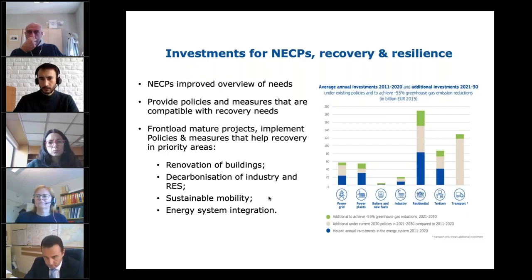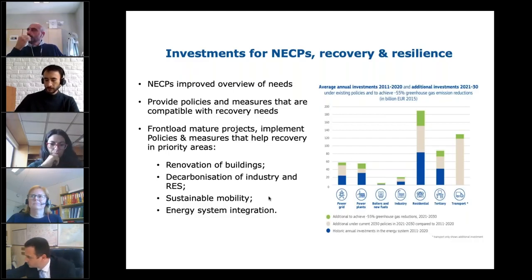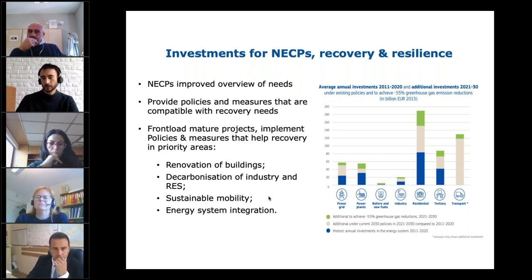So the investment needs are significant, and you know that we now have the recovery funds available, in particular the Recovery and Resilience Facility, and we have a lot of funding available, and member states are to prepare recovery plans, including an estimation of their investment needs to achieve the green transition, to implement the clean energy transition. And this is why I think there are strong and urgent needs for precise modeling and for good estimation of the investment needs to achieve our targets. Thank you very much.